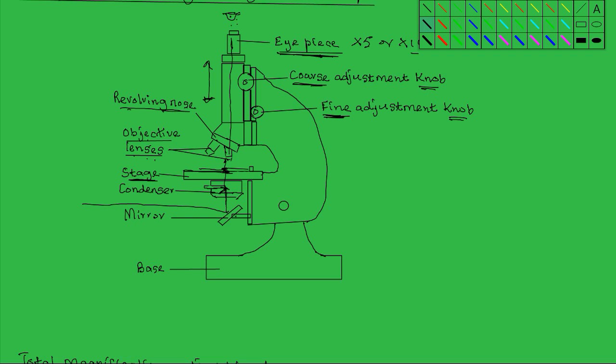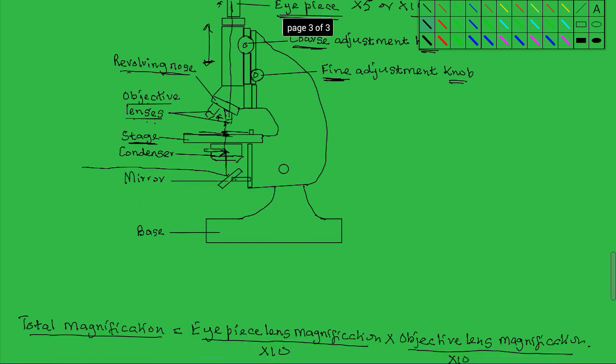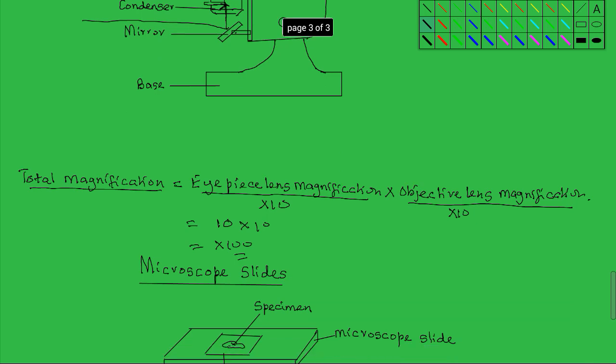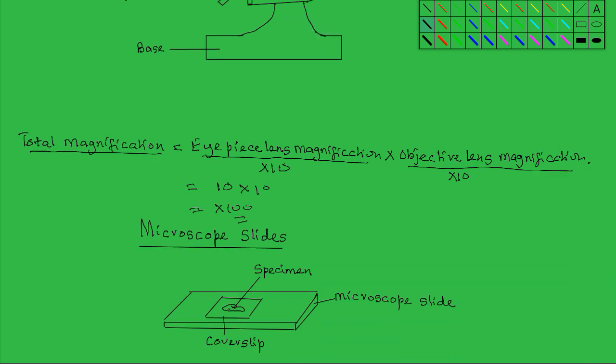The first magnification is carried out by the objective lens, then the second magnification by the eyepiece lens, so that the eye views the image of the specimen on the stage that is many times larger, and that is how the magnification comes about. So the total magnification is calculated by multiplying the two magnifications of the two lenses that magnify the